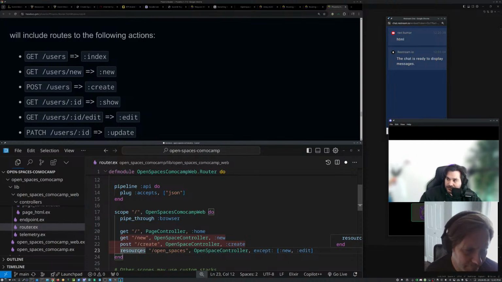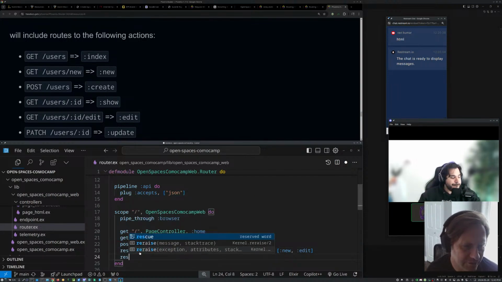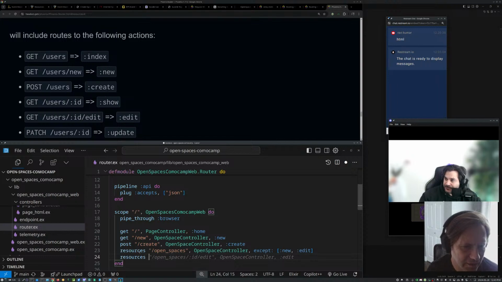So it's going to remove new and edit. I see. So if I want topics and open spaces as separate things, I would have another resources here for topics, right?